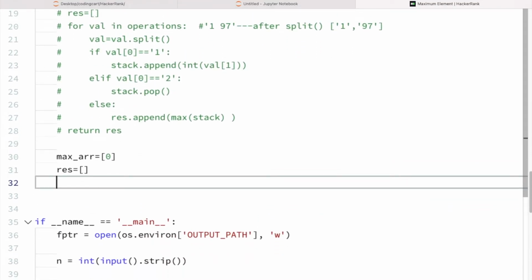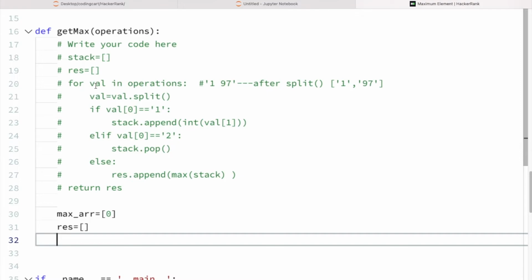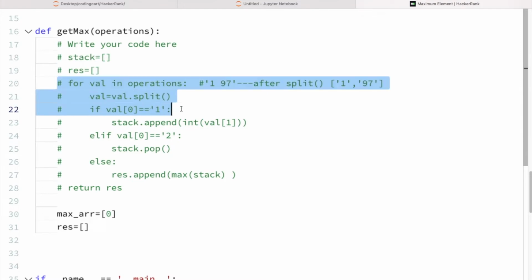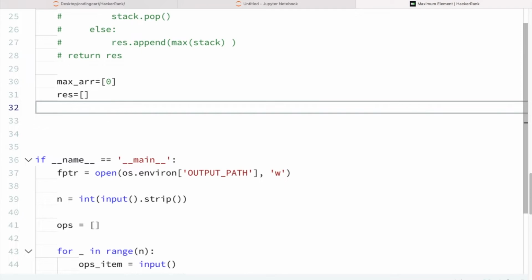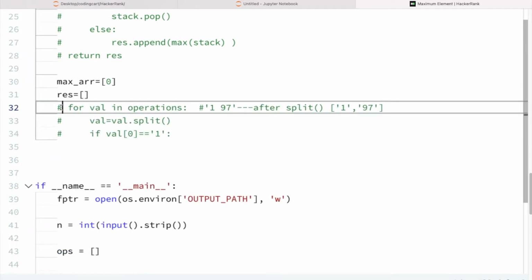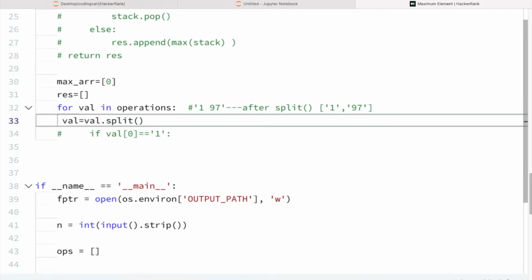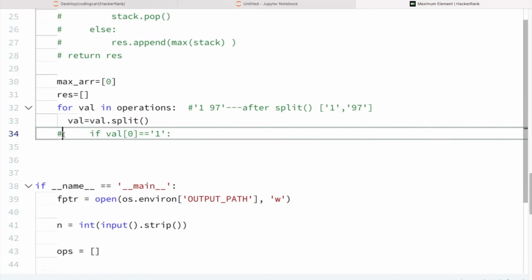Now we will perform the same thing, in the same way. Let us copy this much, only this much. So what we will do? We will use a for loop and iterate over the operations one by one, means one by one query.